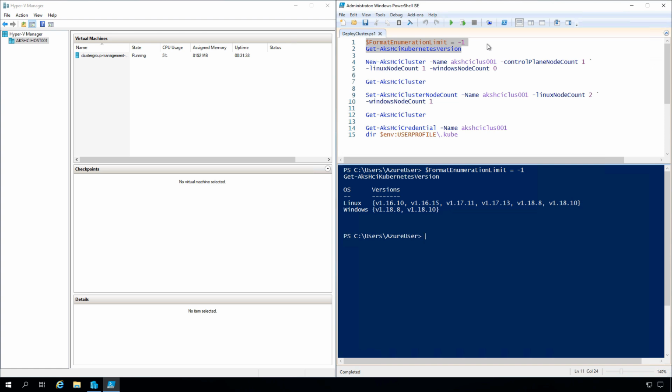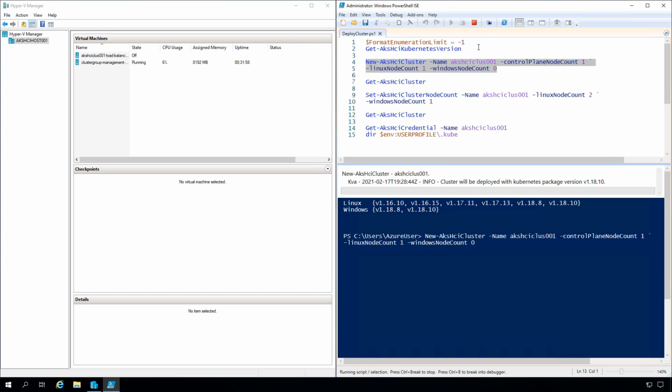And you'll see that across Linux and Windows worker nodes, we've got a variety of different versions that we can utilize. So the next stage is to simply define a new AKS HCI cluster. Give it a name, how many control plane nodes we want, how many Linux nodes, how many Windows nodes. And you'll see as part of the deployment, we've accelerated this pretty aggressively here for the demonstration. But you'll see the different VMs getting deployed, the control plane, the load balancer. Those are both based on the Mariner OS, the Linux OS from Microsoft. And then additionally, we're going to deploy the worker node, which is the first Linux worker node that will actually run our applications and workloads in the environment.